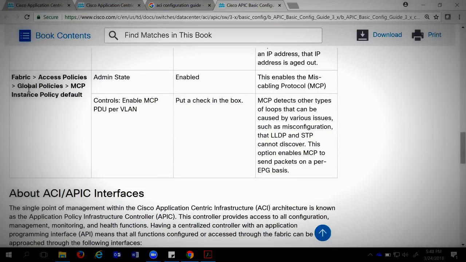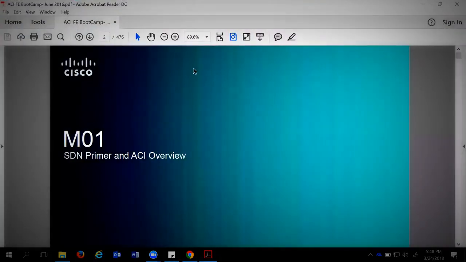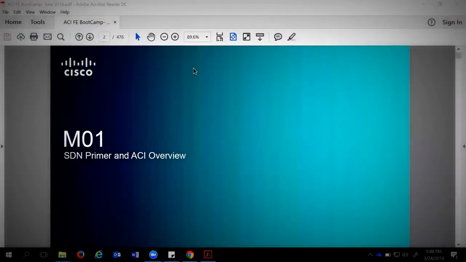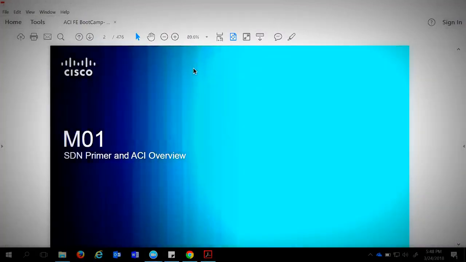We would be using more of the GUI, and we need to understand the GUI level things. Accordingly, we have to try to build the whole infrastructure. So these are the things, guys, that you should be following, but I would be following a PowerPoint. This is one of the curriculums from the ACI basic boot camps, where we are going to follow a step-by-step process,